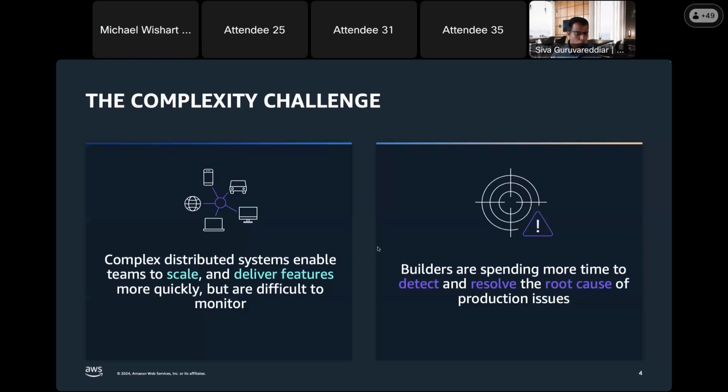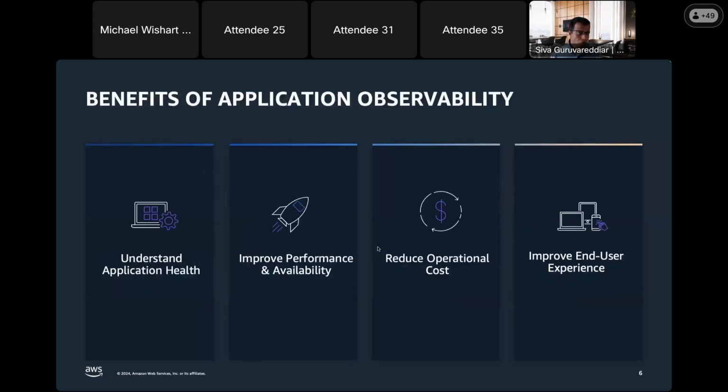And moreover, when you're working on and building something in production, and something is failing, you want to reduce your mean time to detect and mean time to resolve as quickly as possible, and possibly find the root cause in just a couple of clicks instead of going through multiple hops to find it. So how are we going to do that?